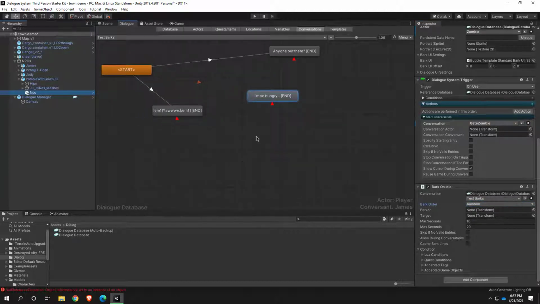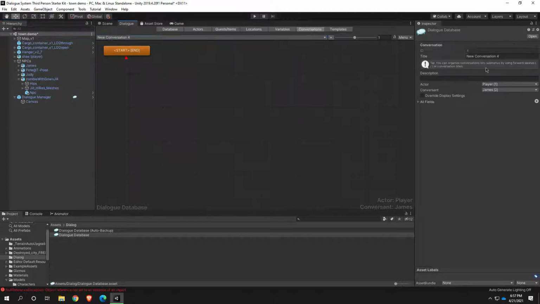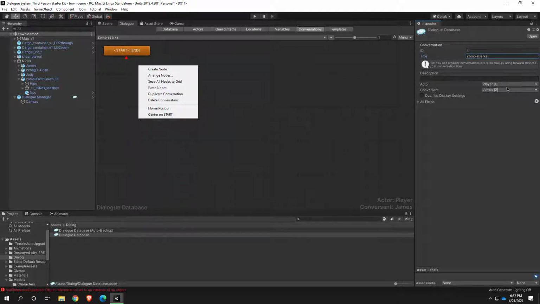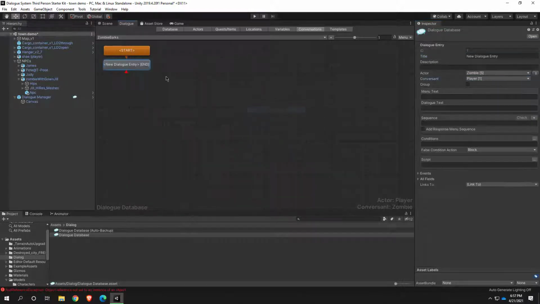So I'm going to go back and make a new one. I just checked out the test one to understand the setup. So I've got a new conversation. Let's call it Zombie Barks. And it's going to involve the zombie. And I'm going to hit create node. And this one will be another